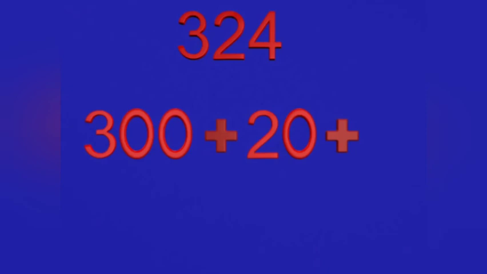In tens place, the number 2 is there. So 2 tens are equal to 20. So we have to put 1 zero after 2. In ones place, we have the single digit number 4. So we have to write it as only 4. Now, if you sum up all these three values, the expanded form 300 plus 20 plus 4, then we will get the answer as 324. As with this problem, whatever the problem is given, we have to expand the given numbers using places.